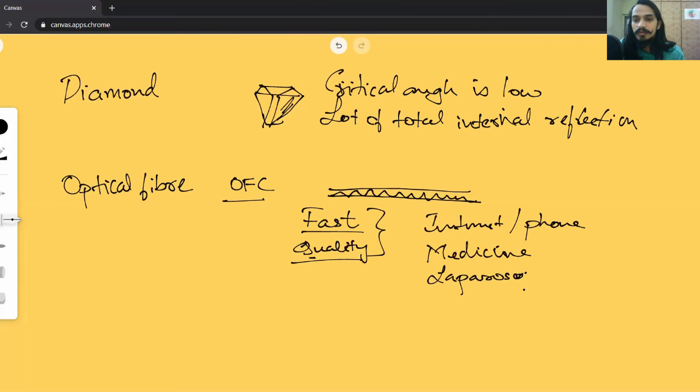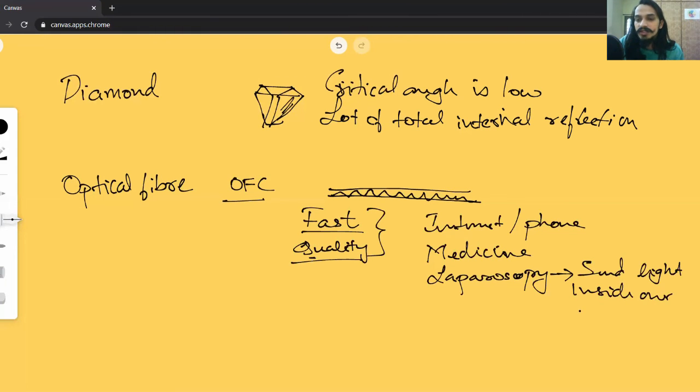So basically, this is a procedure where the doctors are going to send a wire inside of our body to see what is happening inside, because light cannot enter inside our body, right? Because we are opaque. So what these procedures do is, through that optical fiber, they send light inside our bodies.